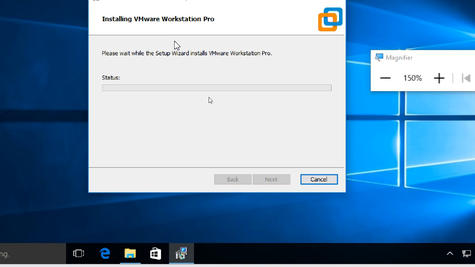Now only two check marks are there. So joining and update, that is unchecked. Better not to get the update because you have not purchased any keys here.